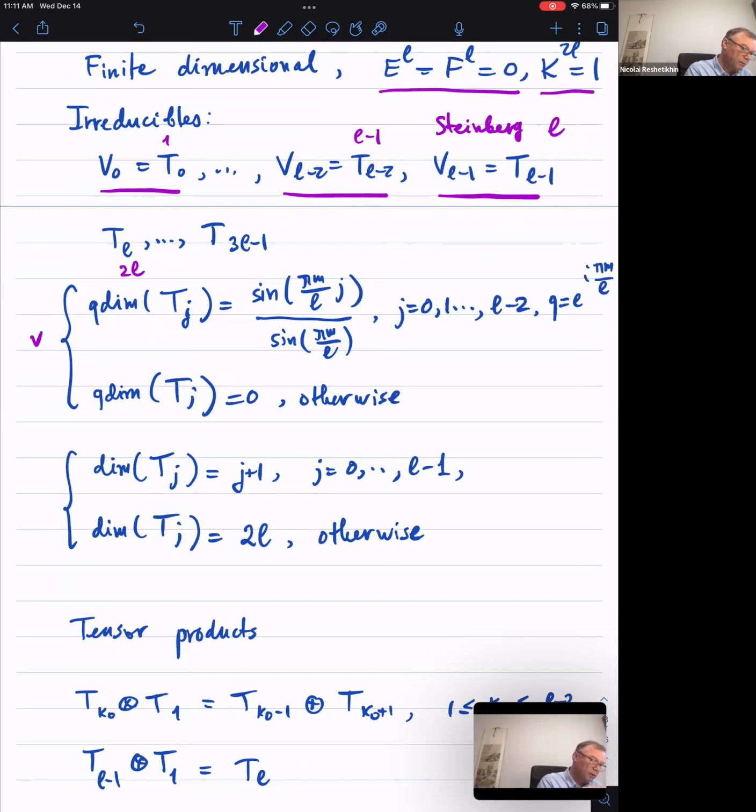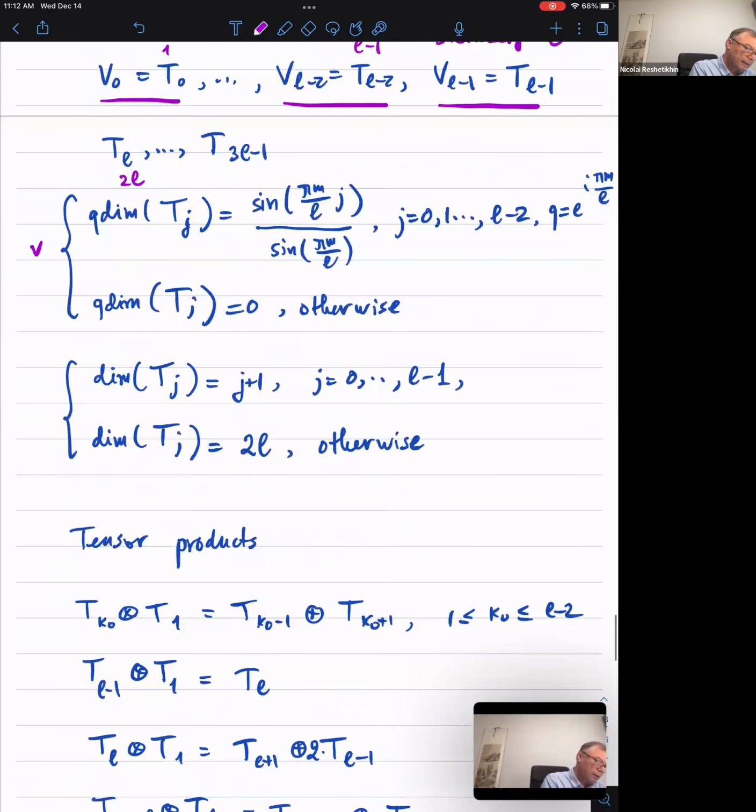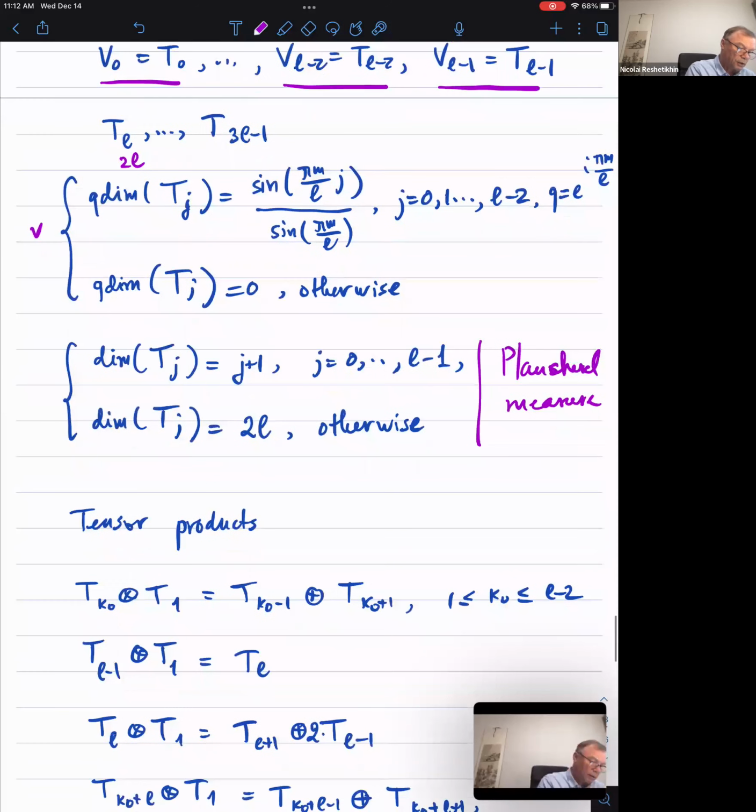I think it's well known that basically it counts the, you get this standard distribution at the end. It's distribution by quantum dimensions essentially. So we've done this, but then you can use the usual Plancherel measure, so just the dimensions. Here quantum dimensions don't appear, but the nature of small quantum SL2 appears in the tensor product rules.